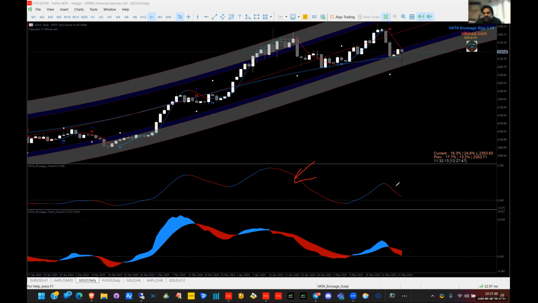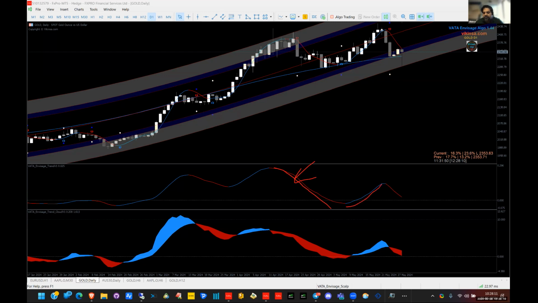But remember, this is color coded. Red means bearish, blue means bullish. Simple. Blue, bullish, red, bearish, right? Now, if this is red, that means the market was supposed to fall, right? Which means that you are supposed to take short trades. You should favor short trades. In this duration, you should favor your long trade,